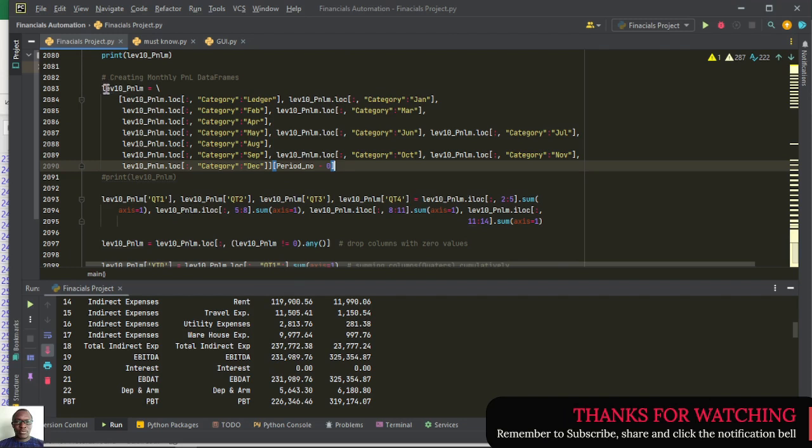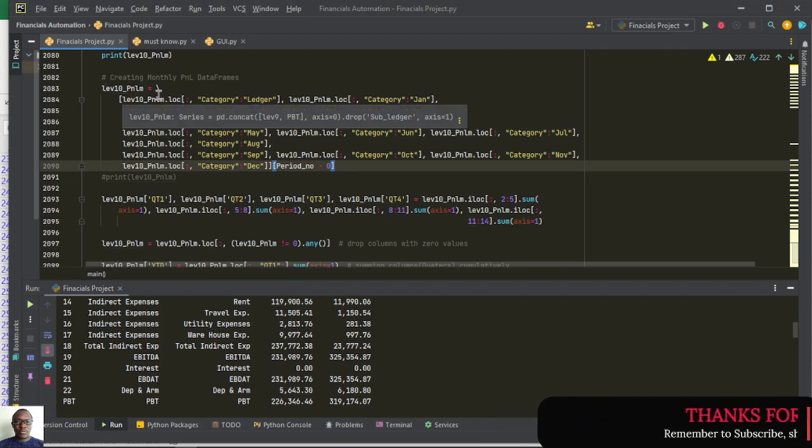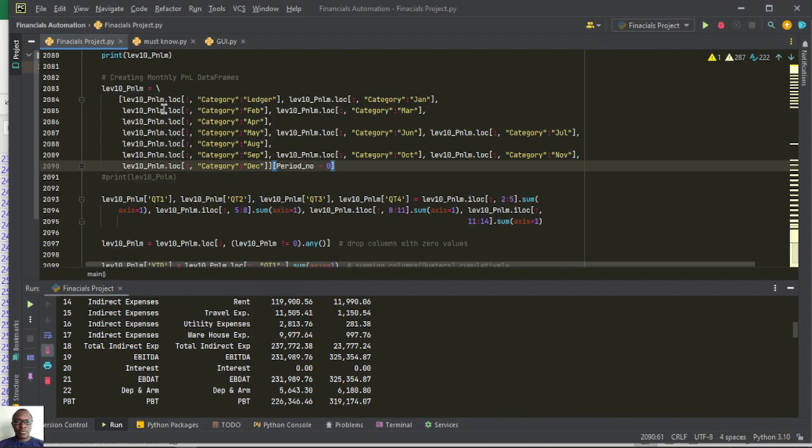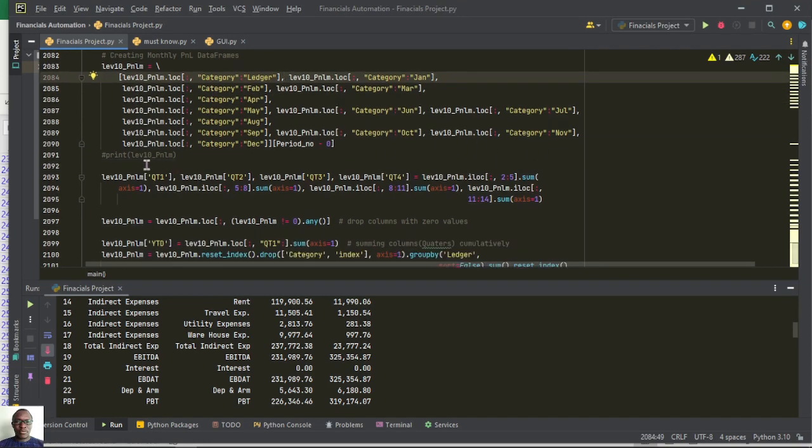So you can see here we are saying level 10 underscore P&L is equal to level 10 P&L.log. So in the .log brackets we are using hyphen, then comma. So here we are trying to subset data within this level 10 data frame, just for category and ledger, but we are selecting all the rows. Columns is category up to ledger. Then the next one we are subsetting data where we are selecting category up to January, and the next one is up to Feb. So we are doing all this up to December,